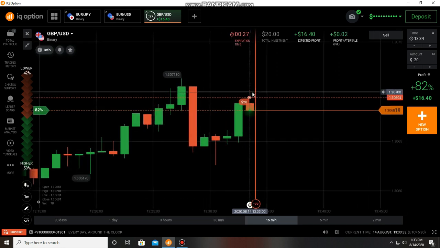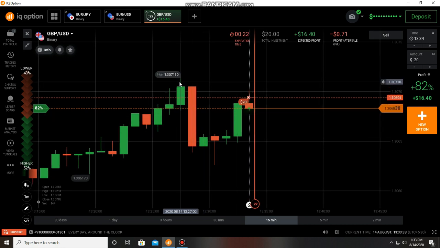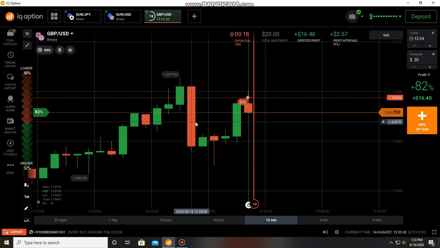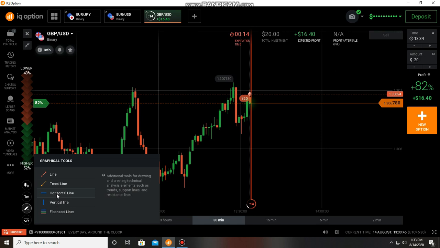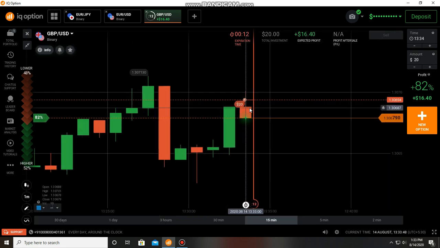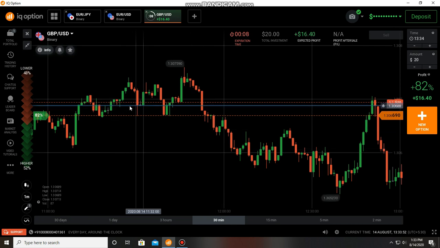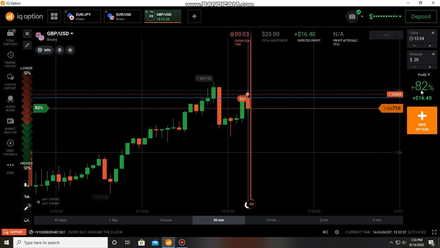It will reject. I know that it will reject from that level because it's a retracement level. So at least for 1 minute we can expect a bearish entry here. That's why I placed here a put option. Just wait, I will show you the level. We can see some levels. It's respecting here, so it will respect here also. That's why I placed here a put option.